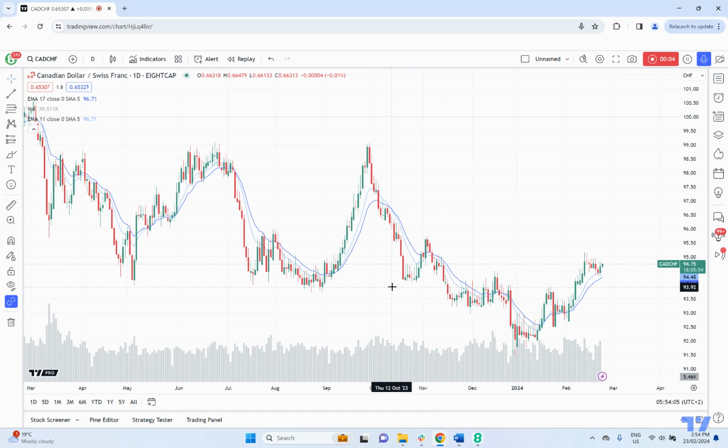So we're looking at the Canadian dollar to Swiss francs, the CAD Swissy. It's a pretty simple one here. It's one I like to look at. It's probably a little bit late, but I thought I'd touch on this anyway. We can see that price has started to form a continuation, and that's after we've had a decent retracement back